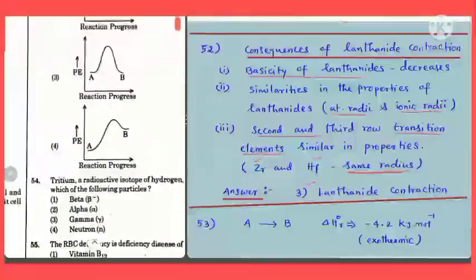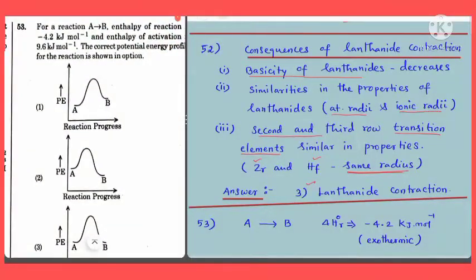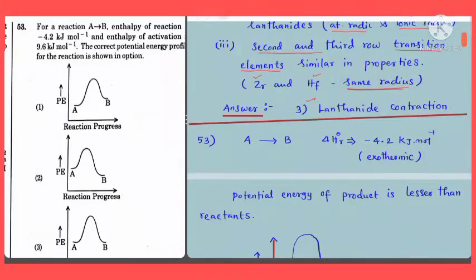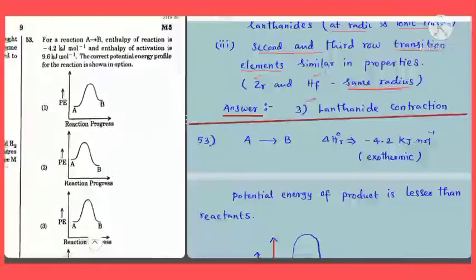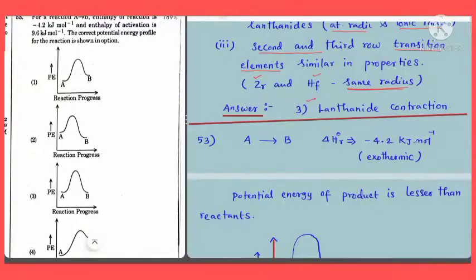Question number 53. For a reaction A gives B, the enthalpy of reaction is minus 4.2 kilojoules per mole and the enthalpy of activation is 9.6 kilojoules per mole. Which of the following potential energy diagrams will be correct for the given data? You are given 4 potential energy diagrams. What is the reaction given? Reactant A is giving product B